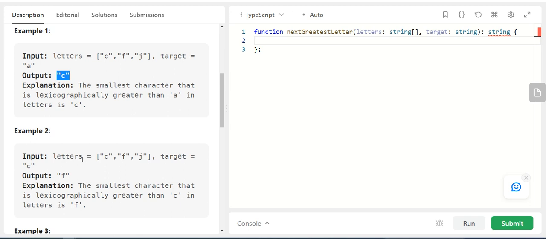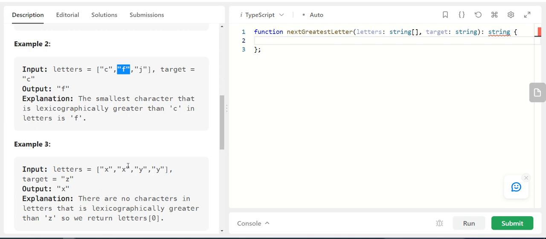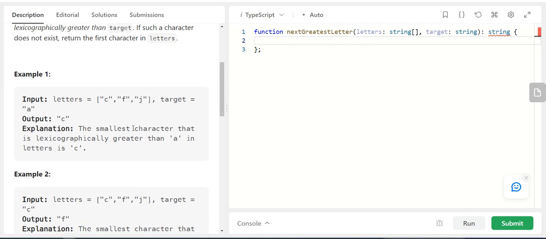Now over here we have letters C, F, and J, and the target is C. Although C is present in this array, we have to return the next greater element. So obviously F is the greater element over here. Now in this array, you see that the characters are repeated. When the target is Z, the next character which is greater than Z is basically the zeroth element over here, as mentioned in the